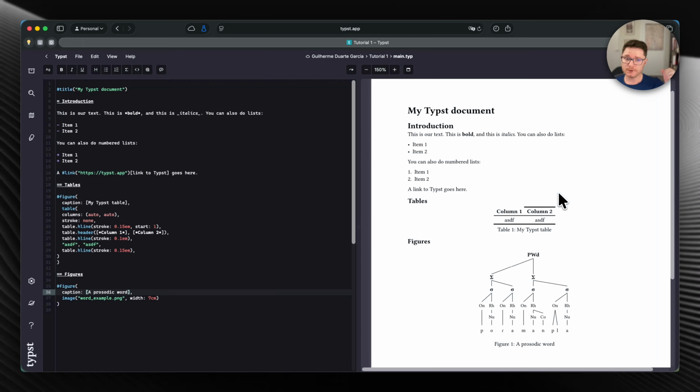So you can see here we can have basically the headings. We can have objects like tables and figures very quickly. It's very quick to compile as well. This is a PDF, of course, but we'll see later that you can compile to PNGs as well. It's very, very practical and very useful even for creating logos. Even for that, it would be quite useful. So we'll talk a little bit about that later on.